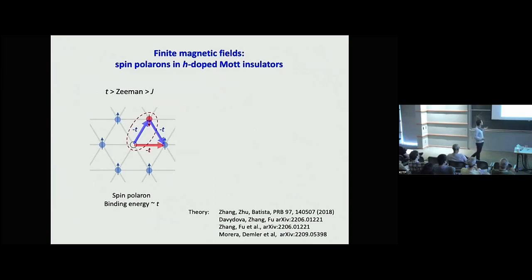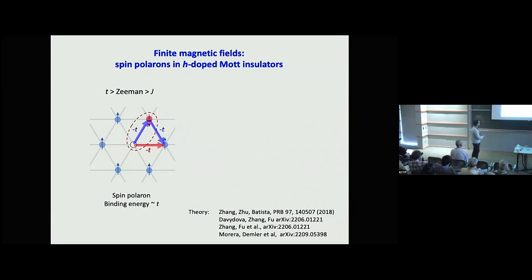And at finite magnetic field, these are a series of references. It was first envisioned by one of the chairmen here in the audience, and later the details were worked out by Liang Fu and Eugene Demler on predicting what you can observe in experiment. So we are following quite a lot on these theoretical references. And in the limit that the Zeeman energy is larger than J, so that the external magnetic field is able to flip many of the background spins to spin up, but it's less than the kinetic energy t here,